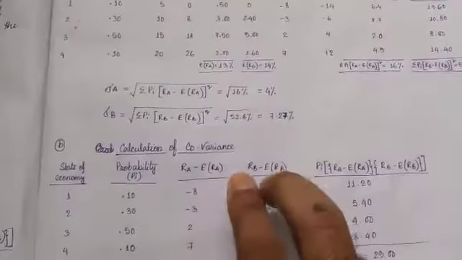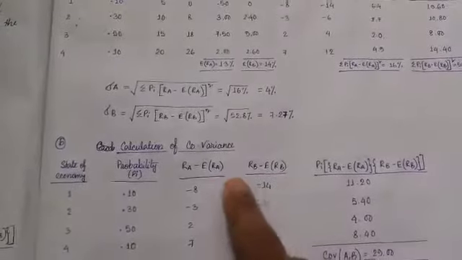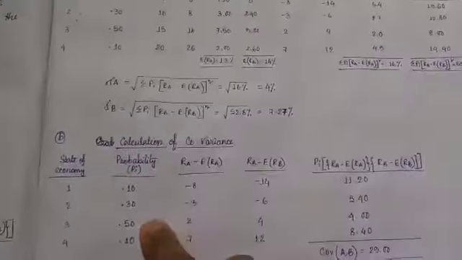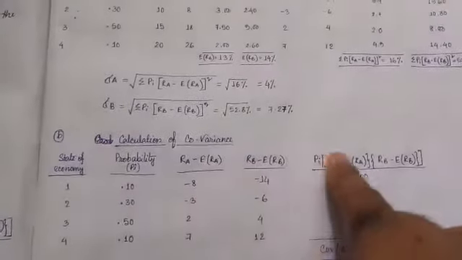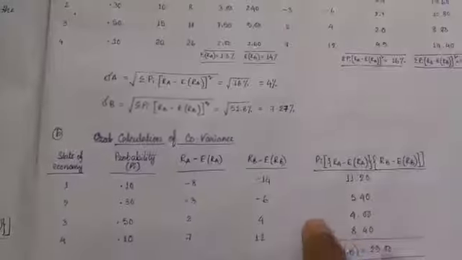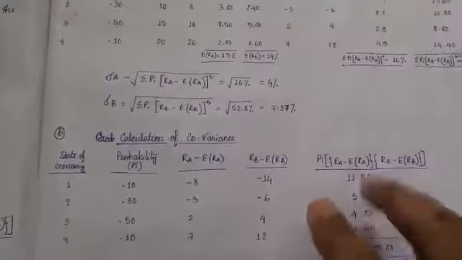If we multiply these two, then we will get the joint deviation. If this joint deviation is multiplied with the probability factor, then after multiplication of the probability factor with the joint deviation, we will get the result of covariance associated with both security A and security B. Here